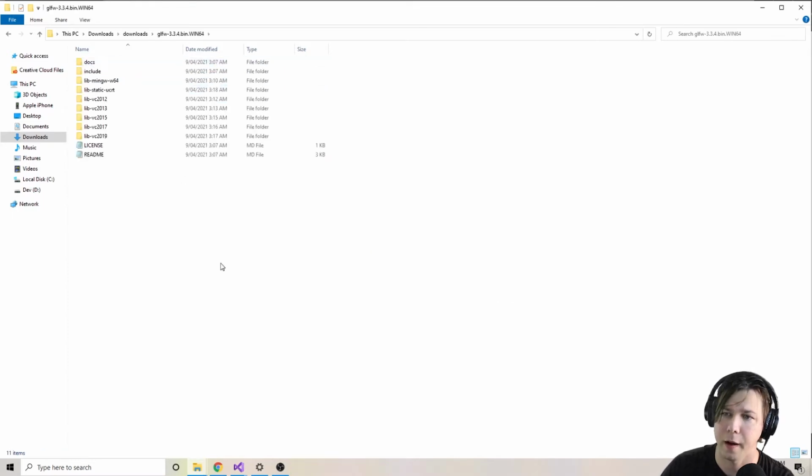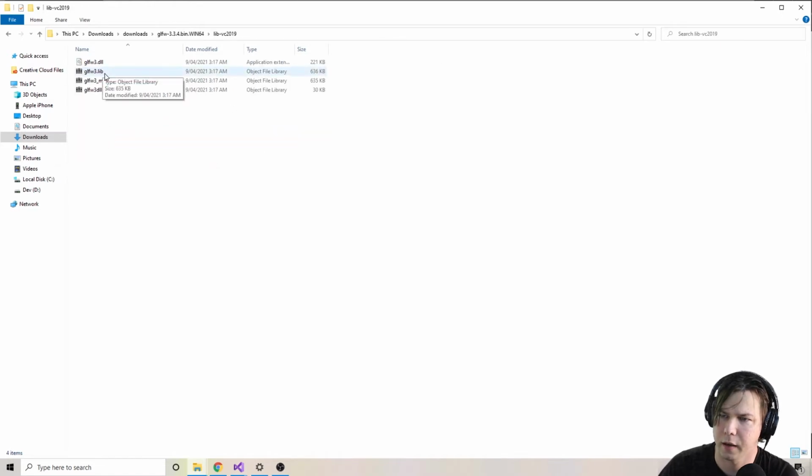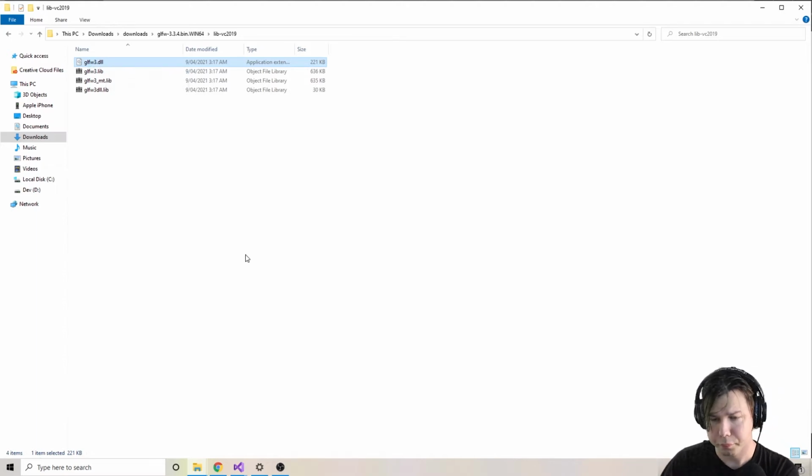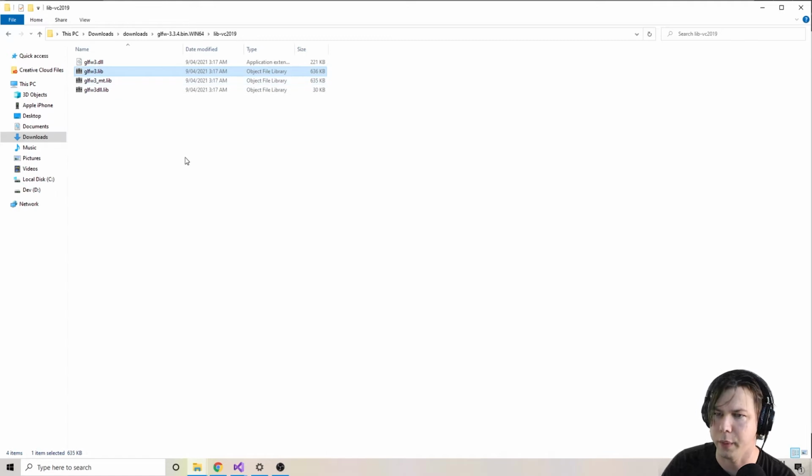And we'll just extract it. Now, there are two things which most C++ libraries have, which are really useful. There's a header file, which basically most of the time just has the declarations of the types of functions that you can call. And then we have the library file, which is most of the time the place where the actual definitions of those functions is. So we need both of those. We go to what we're using, Visual Studio 2019. Now this .dll is for once the program is fully compiled. We'll need access to that DLL. For now, the .lib is what we need. So we copy that,